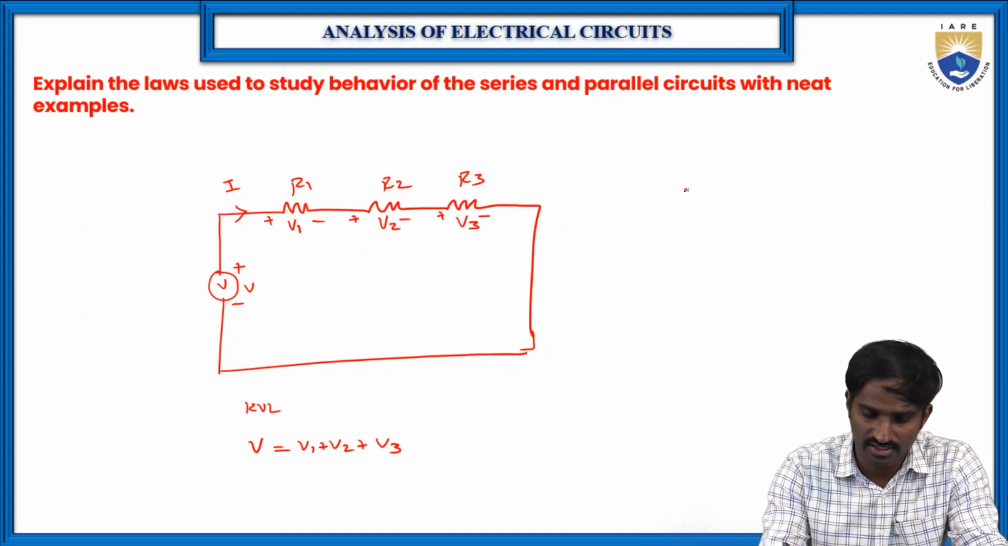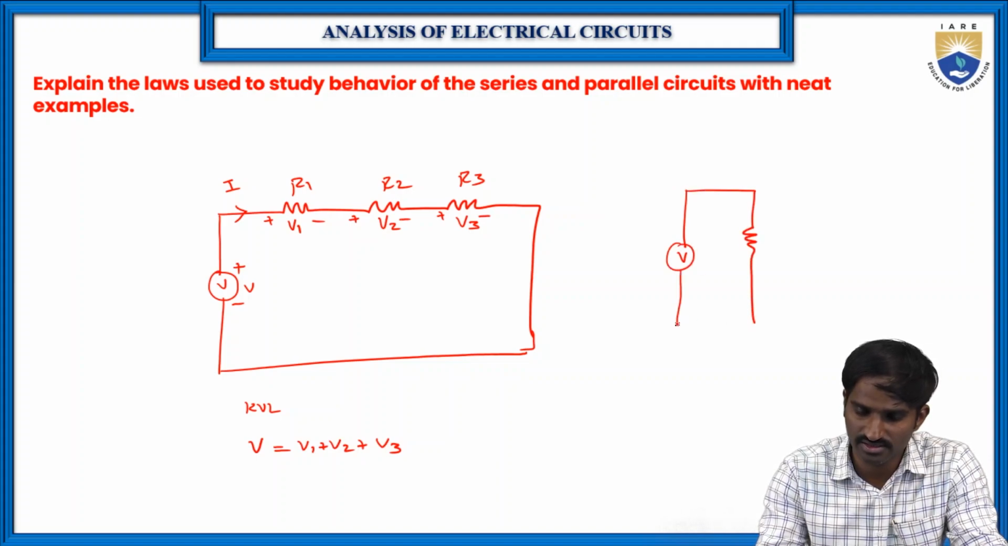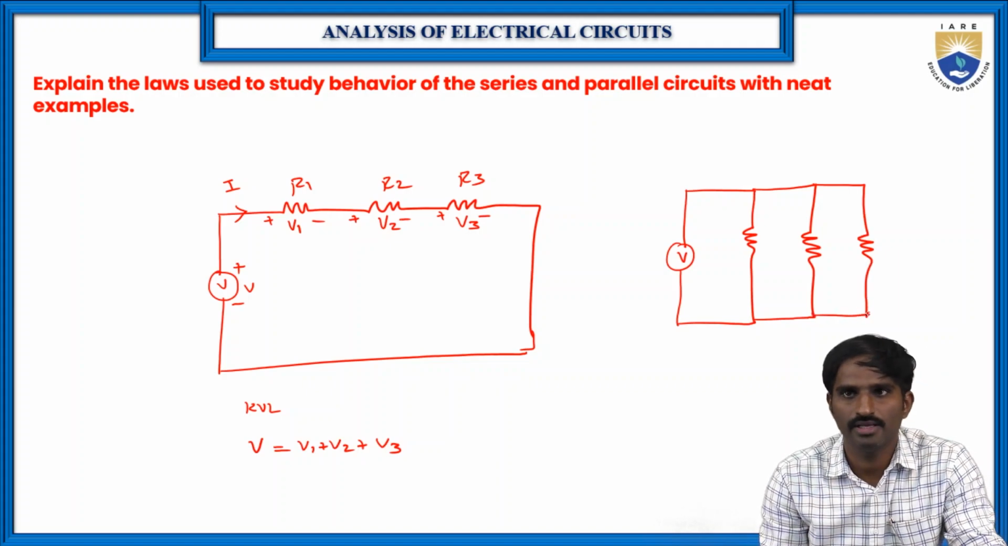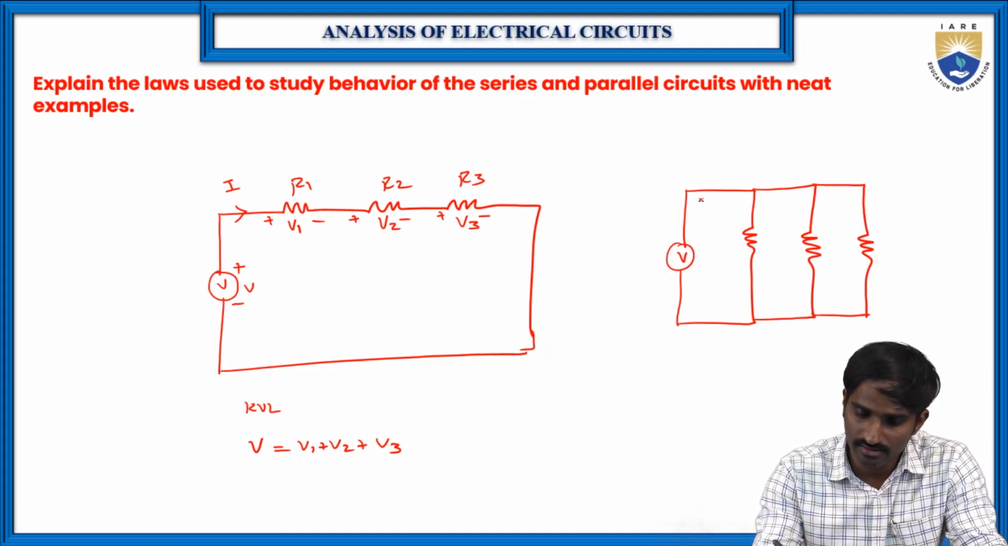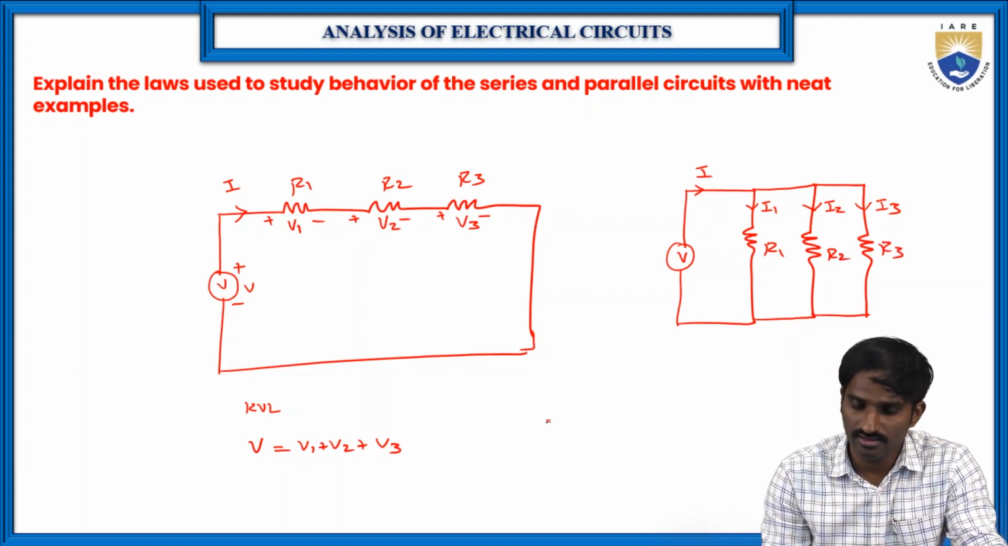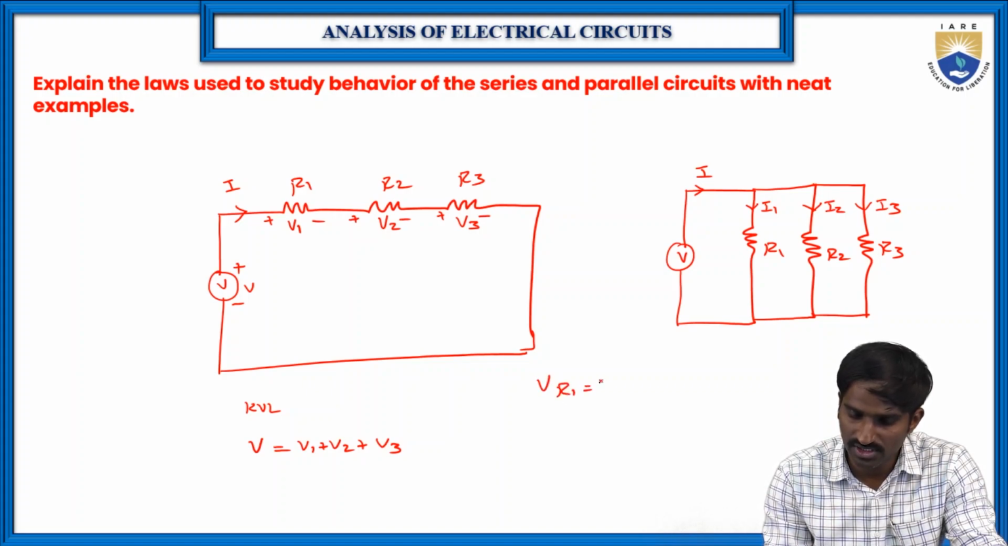Parallel circuit means all the elements are connected in parallel. Then here again, just connect these three resistors in parallel. Right? So here it is V, and here it is the total current I, and here it is I1, and here it is I2, and here it is I3. So same way here R1, R2 and R3. Okay. Then here the voltage across R1, VR1 is equal to V, and VR2 also V, and VR3